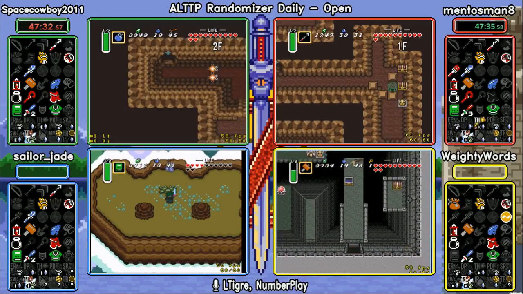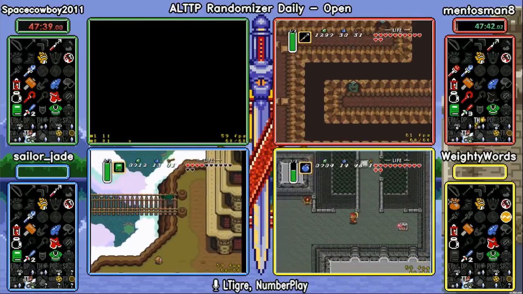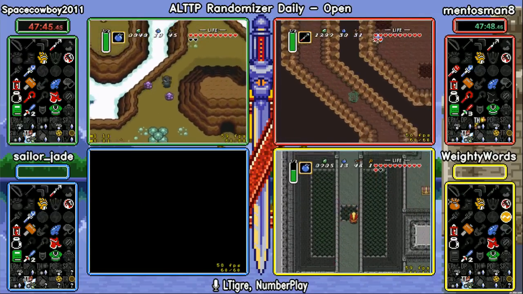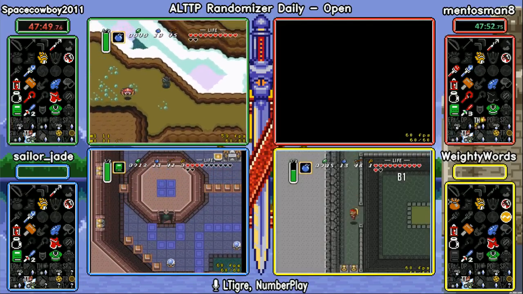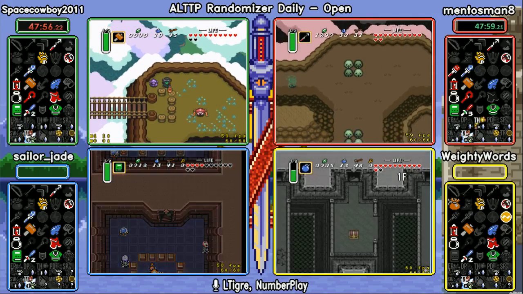So Super Bunny Cave has a container and rupees. Nothing much there. Let's hope Hookshot Cave has something. Else you would have to do Skullwoods. All right, so we'll see this Turtle Rock